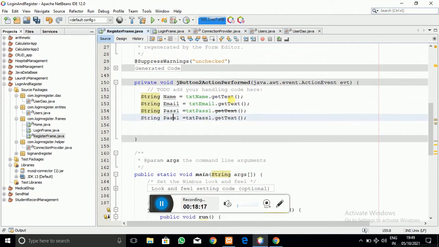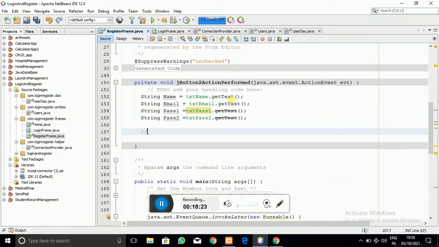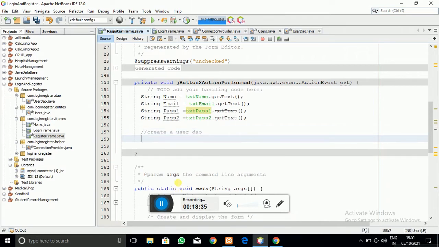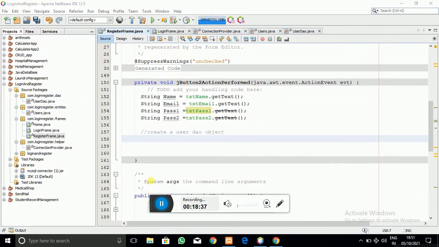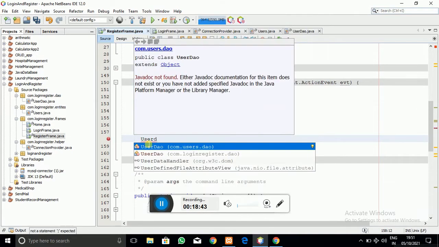Okay, so let me write something like this, string password 2, which is from text 2 dot get text, so now I am going to create a user DAO object, that is the user DAO class which we have created to save this data.